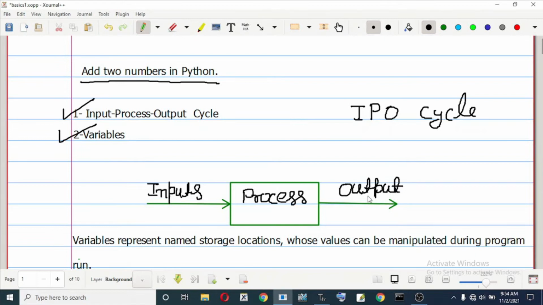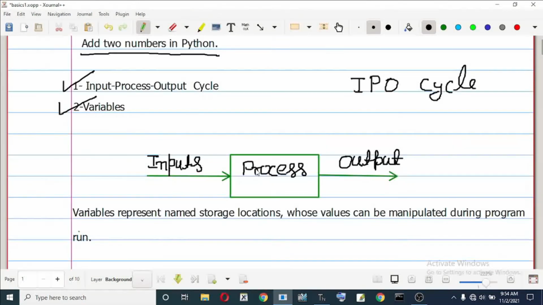So the program we are going to make will work on this principle. In the program you will observe that this principle is being followed.